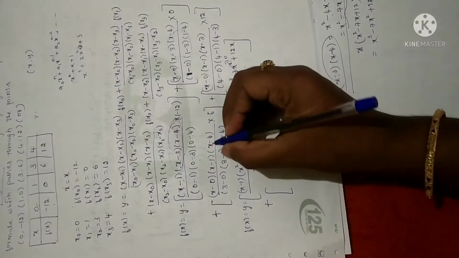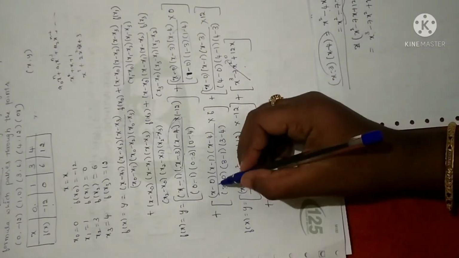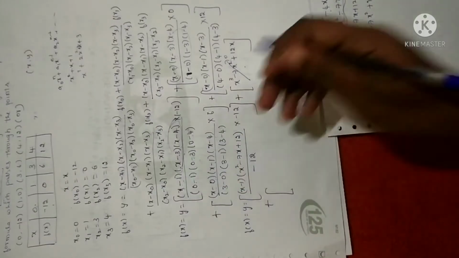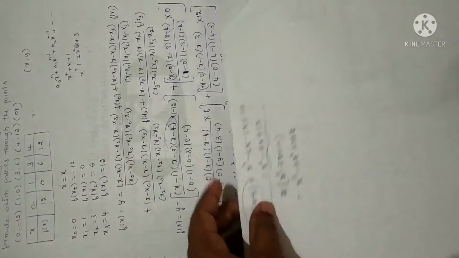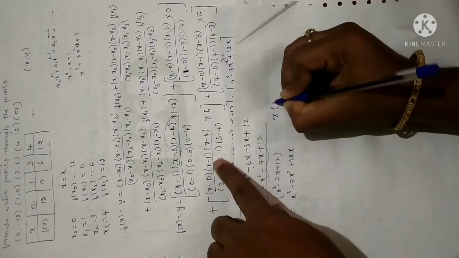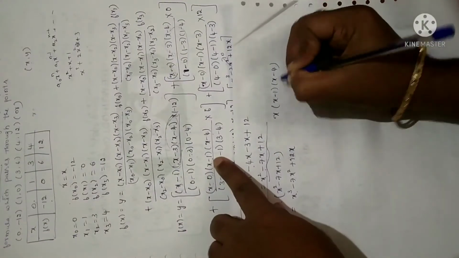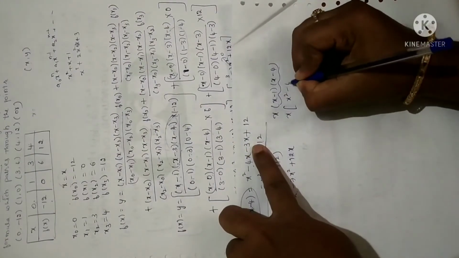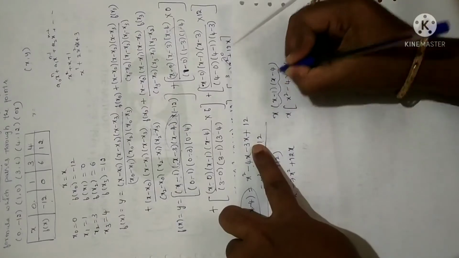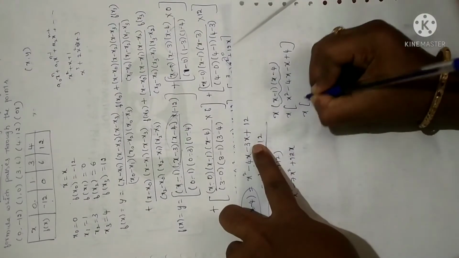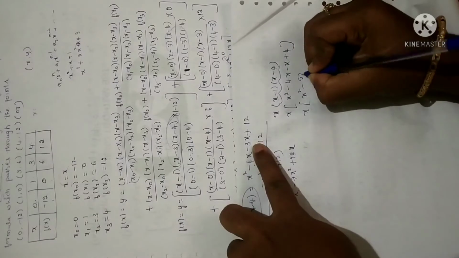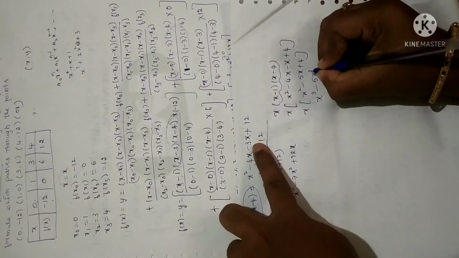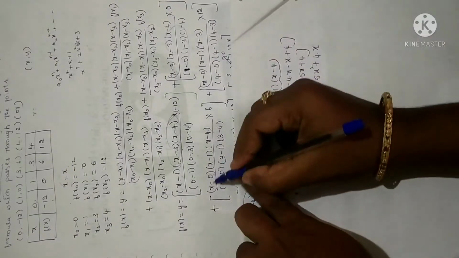Coming to the third term, see here what we have in the third term. It is x minus 0. x minus 0 is x only. So I'll simplify the third term here. You can see x minus 0 is x, into x minus 1 into x minus 4. First I will multiply these two. So you will get x square, x minus 4x minus x, minus into minus is plus 4. So x square minus 4x minus x is minus 5x plus 4. Again when you multiply, you will get x cube minus 5x square plus 4x. This is for the whole numerator.